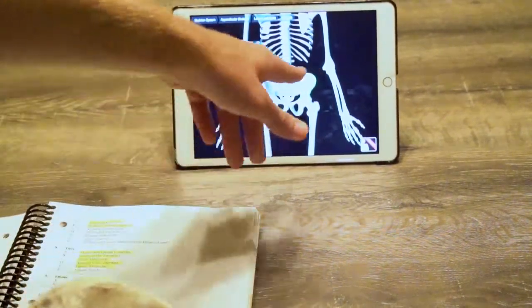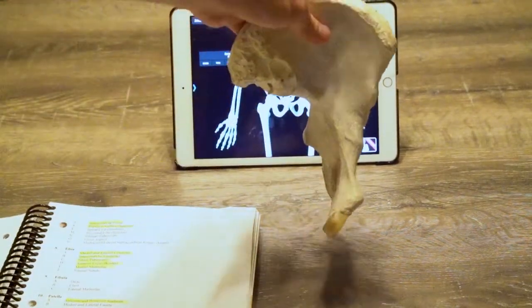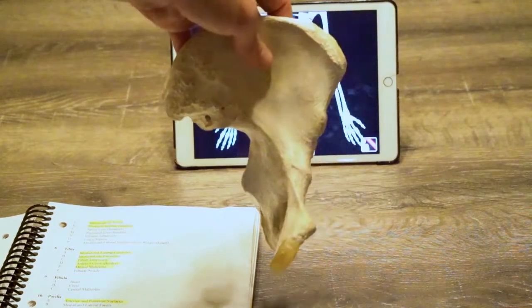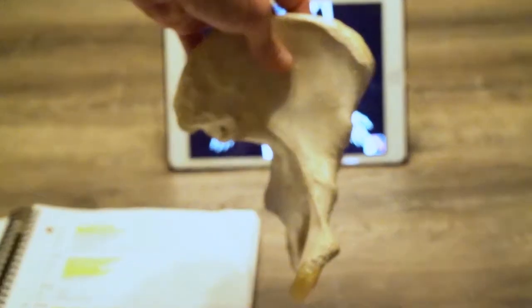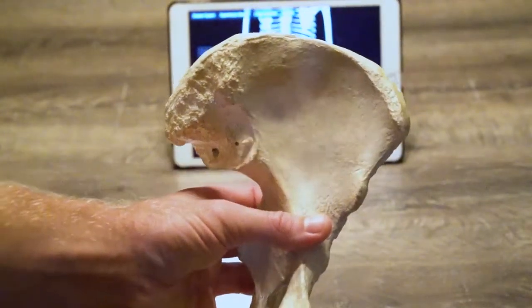All right, so it would be this hip. All right, so just keep that in mind. Those are 3 good landmarks to use to figure out if you have a right or left os coxa. Okay, so now that we know the names of the 3 bones that make up the os coxa, we can